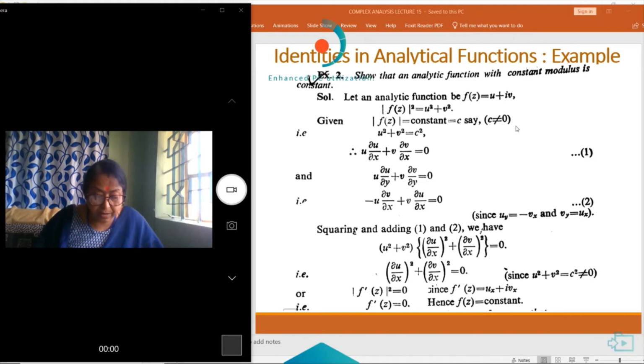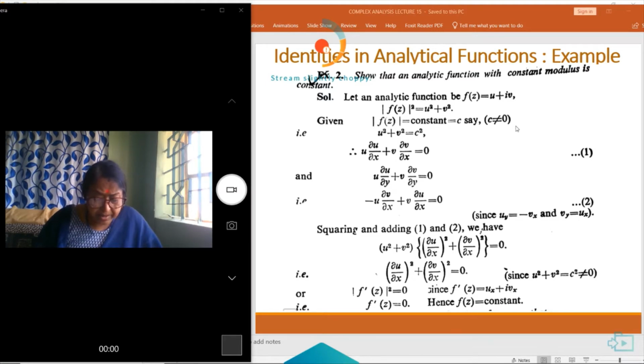So modulus of f(z) is constant. Let us say it is equal to c. So u square plus v square is equal to c square. Now differentiating with respect to x, we can write 2u du by dx plus 2v dv by dx equal to 0, which gives us u